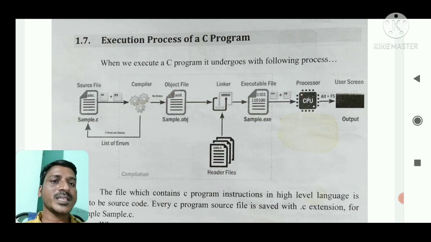That is intermediate code. The intermediate code sample.obj is not directly understood by the machine and is not directly executed.